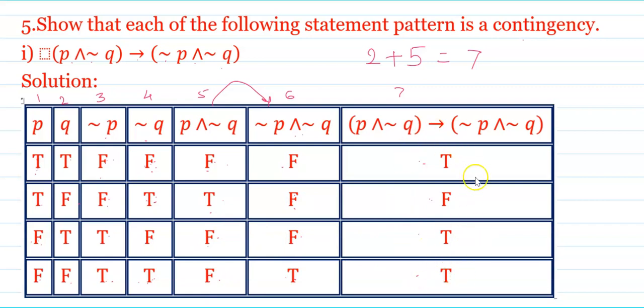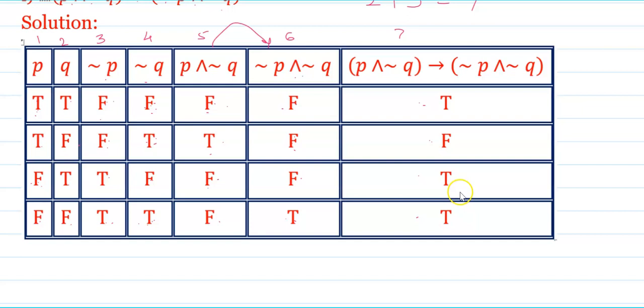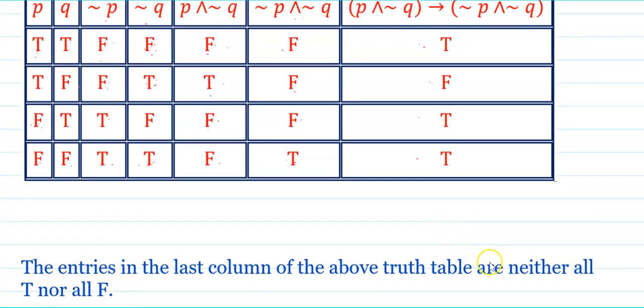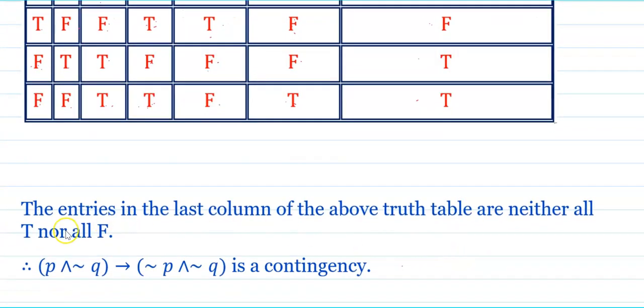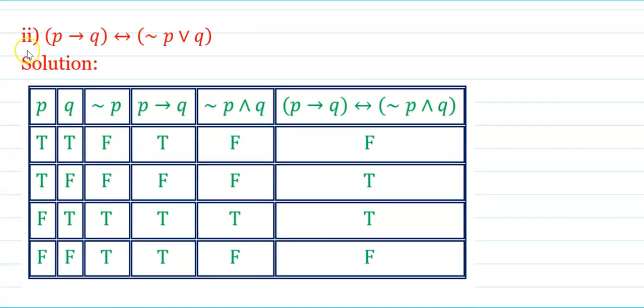Now all the entries are not all T, not all F. It's a mix, and therefore the given statement pattern is a contingency. The entries in the last column of the above truth table are neither all T nor all F, and therefore it is a contingency. Now the second one, P implies Q in the bracket, double implication, negation of P or